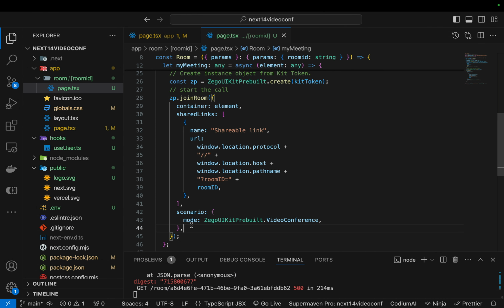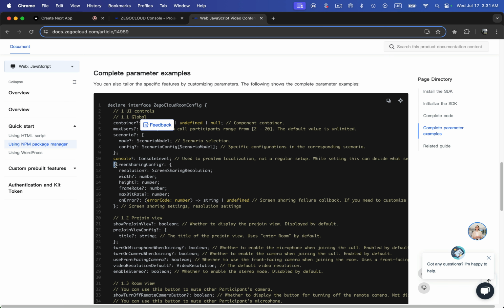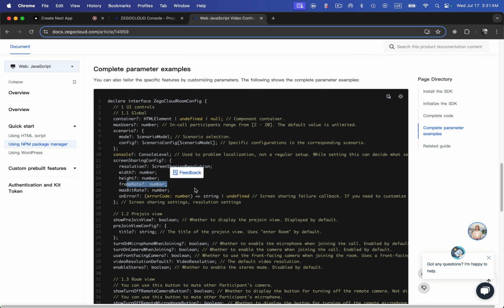So maximum users will be set to 10, but in a real application you might want to pass it from the authenticated user database, separately for each user. You can pass it from a global variable. What we have next, we can add the scenarios. We can enable or disable screen sharing configuration, width and height, and frame rate for screen sharing. We can enable or disable all of these things. If I write show over here, it is going to show all the different options that we can enable or disable